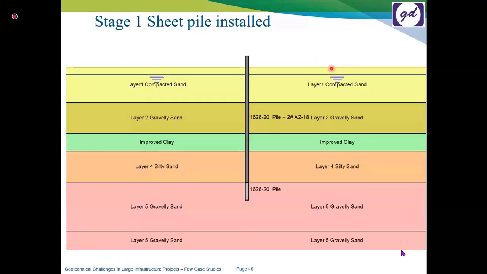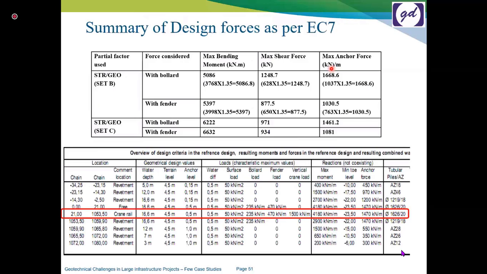When we carried out the analysis, we found a major difference in the variation of the structural forces, because of the geotechnical data which they used for design versus what is actually coming out from the revised soil investigation data. Now if you see over here, the bending moment is coming out to be 5,000 kilonewton meter, whereas they have assumed approximately 4,180, and based on this they came out with a pipe pile diameter of 1600 dia with a 20 mm thickness.